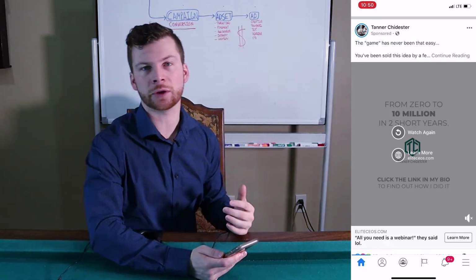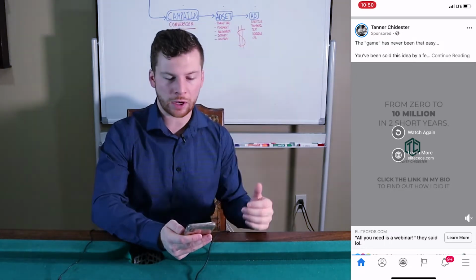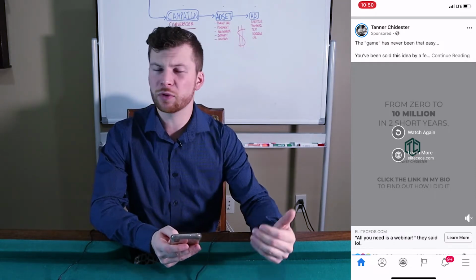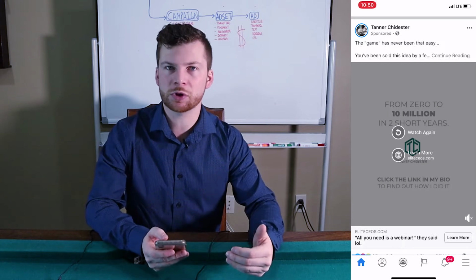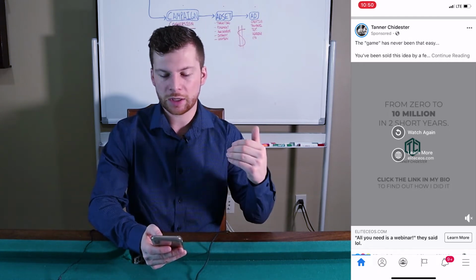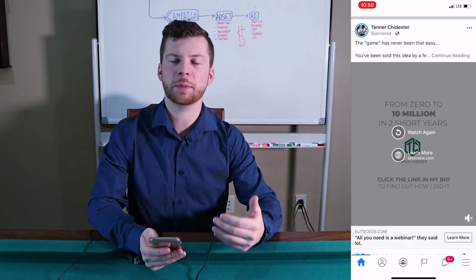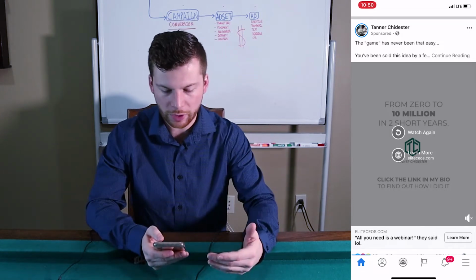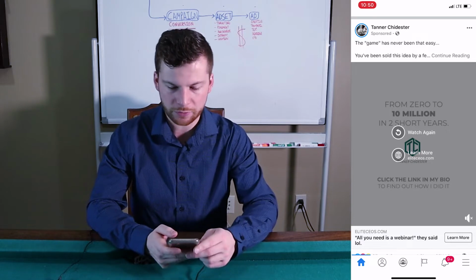Ad set is the targeting, okay? Who's it gonna be targeted in front of? Now, this ad's coming to me maybe because I've followed him before, maybe because I've engaged on one of his posts before, or maybe because he has run this ad in front of me because of an interest that Facebook thinks I'm interested in, okay? I have no idea what he actually does, so I guess we're gonna find out.